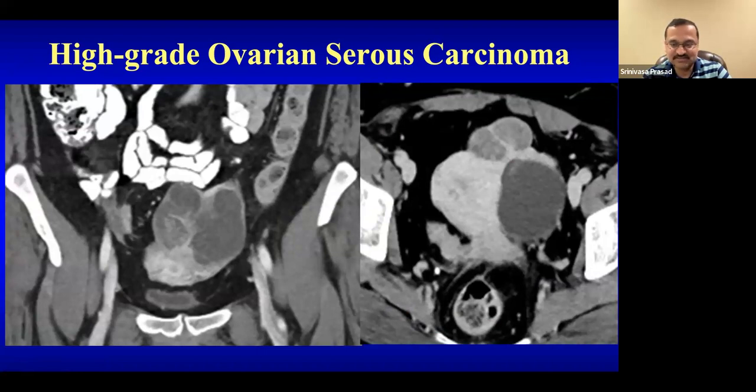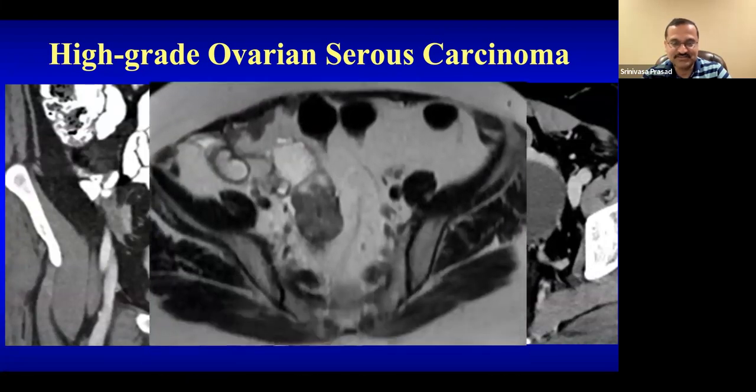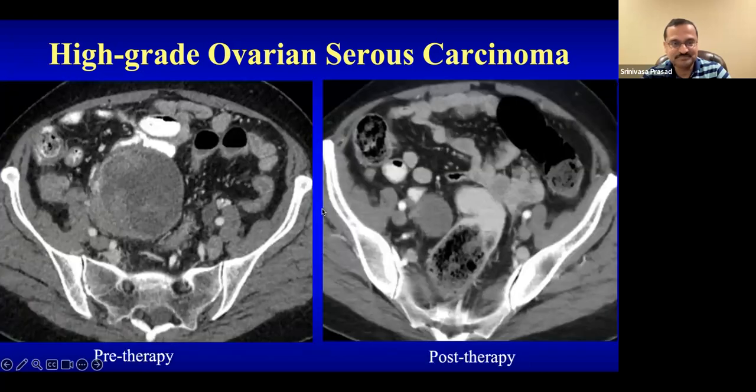So some examples, at least on imaging, to suggest that these tubal cancers are what leads to so-called ovarian cancers. Here is another example of a hydrosalpinx with high-grade serous cancer occluding the tube. So it is important because these are genetically unstable tumors, and based on the specific pathways, they respond really well to platinum-based chemotherapy as well as so-called PARP inhibitors that are very active in patients where the DNA repair